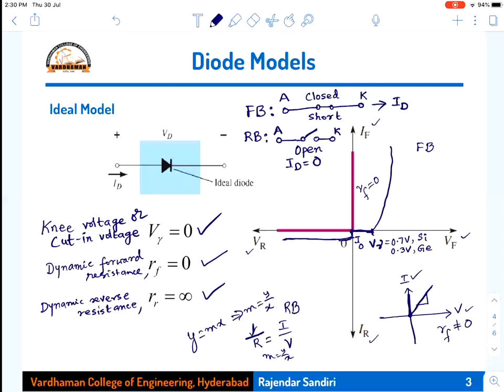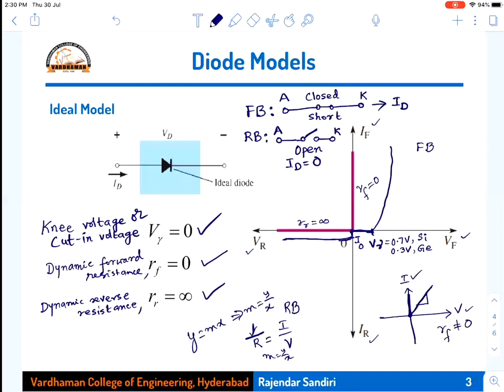Next, coming to RR is equal to infinity. RR is equal to infinity, nothing but what? It will be taking the x-axis. So reverse resistance RR is equal to infinity. RR is equal to infinity is taking the x-axis. So this graph is on the negative x-axis, a straight line passing on the negative x-axis, which is about RR equal to infinity. RF is equal to 0 because the slope is 0, therefore it is taking